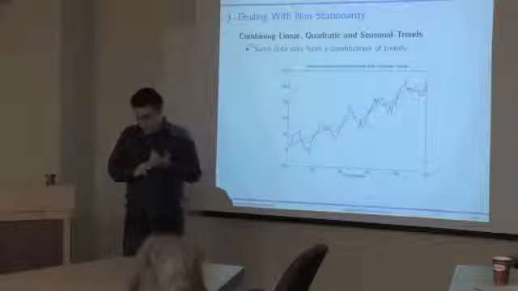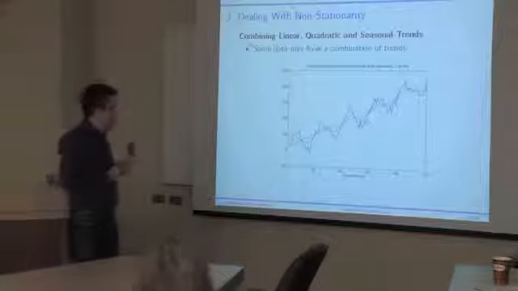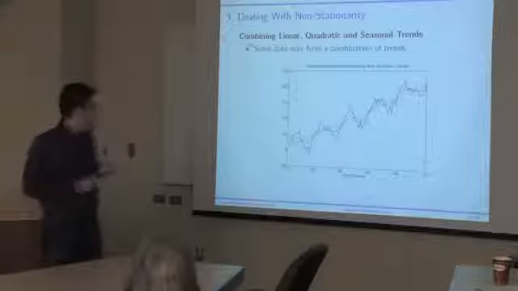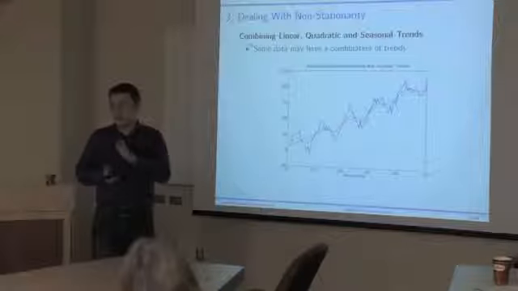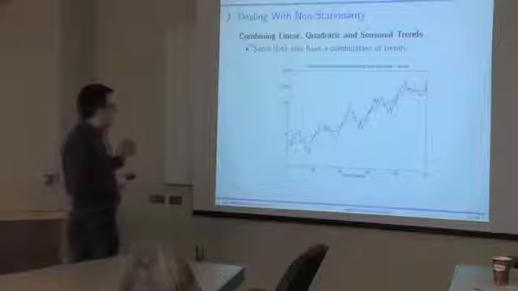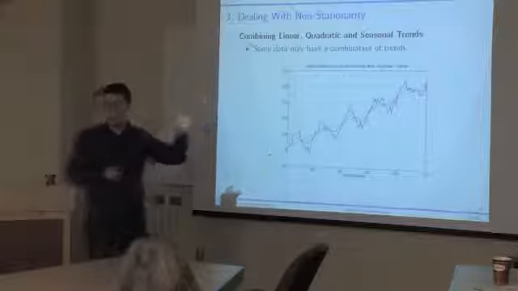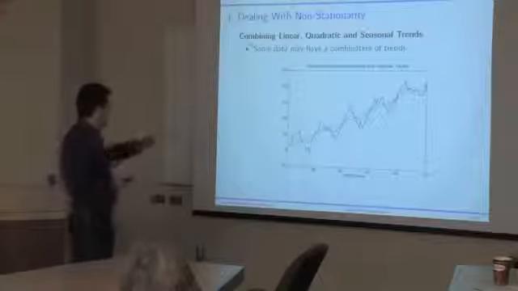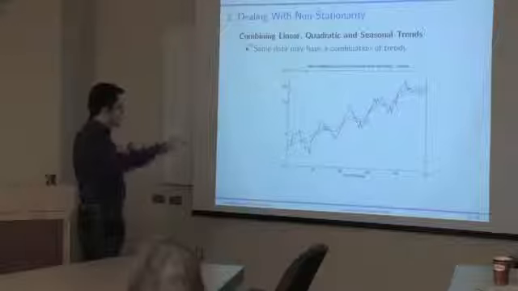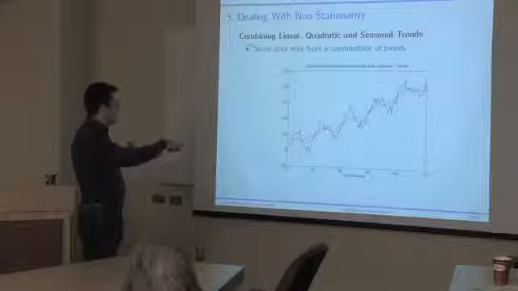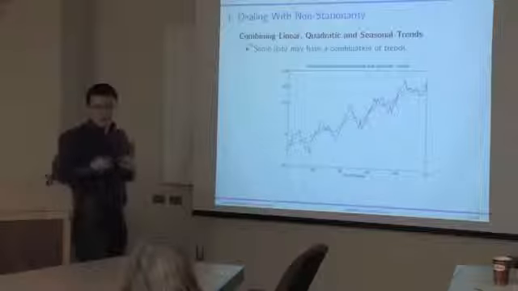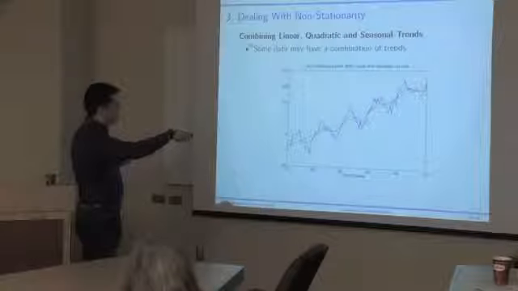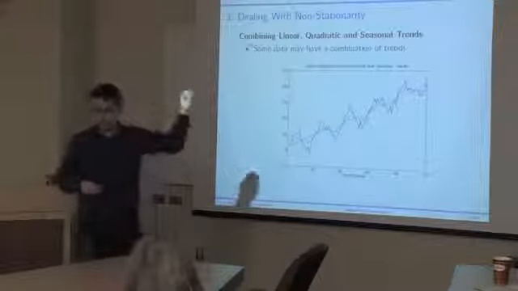So now we saw that it's possible to deal with linear trends, it's possible to deal with exponential trends, it's possible to deal with cyclical trends. But that raises an interesting question as to what happens when you combine these trends. What happens when you have a data series which has a linear trend component, it may have an exponential trend component, but in addition to that, it also has a cyclical trend component. Here I have a simulated time series which has both a linear trend component, so you can see that the long-term average of the series is trending up, but it also has a cyclical trend component, so you can see that it tends to wiggle around in repeated patterns, wiggle around this changing average.